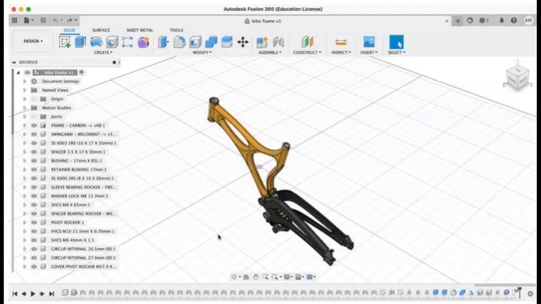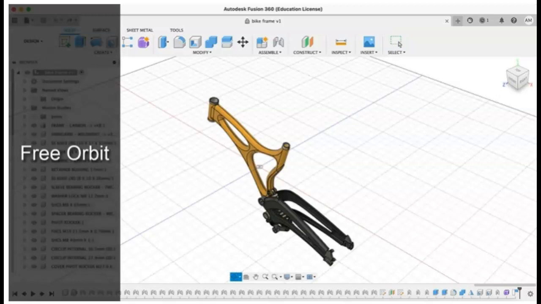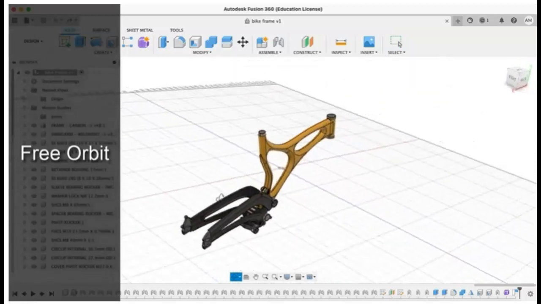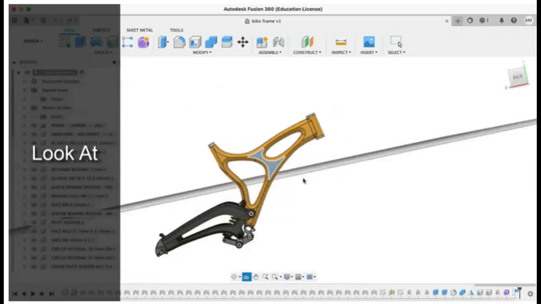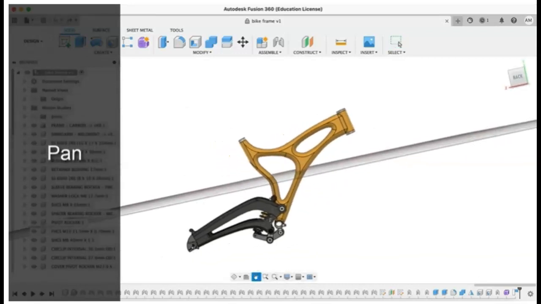The navigation bar, which is located along the bottom edge of the canvas, contains the commands used to navigate your design. These tools include Free Orbit, which dynamically rotates the view around the screen axes or center based on cursor input, Look At, which positions a selected planar face parallel to the screen, Pan, which moves the canvas in any